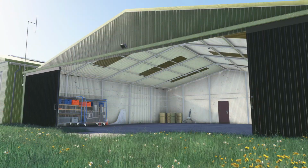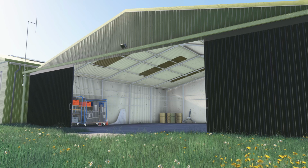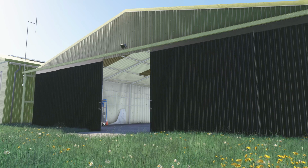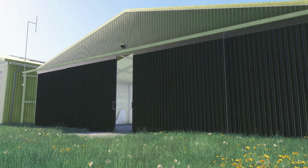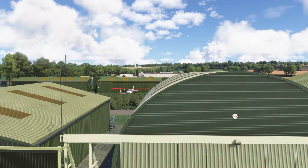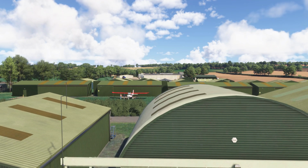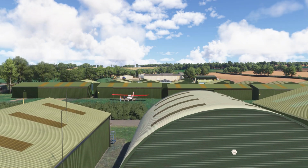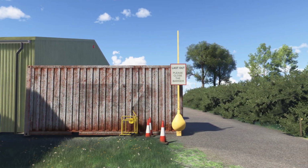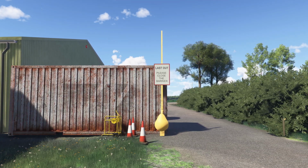I'm going to take it straight from their website because they know what they're talking about, and who am I to change their words? It has been faithfully recreated by Burning Blue Design, undertaking on-site visits to ensure the highest levels of accuracy, and it features over 90 custom 3D objects, each with full PBR textures, based on the October 2024 layout, full custom night lighting, animated hangar doors which close at night, completely custom windsock, real-life aircraft based at Fishburn Airfield, including the